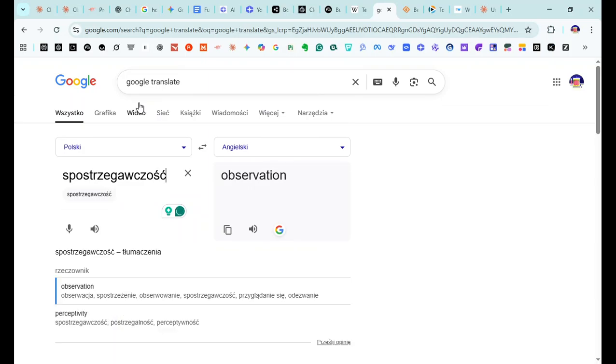It's actually a cool word for someone that doesn't... In case you wonder how to read this hell of a word, you read it spostrzegawczość, which is not a noun, though, as observation would suggest.